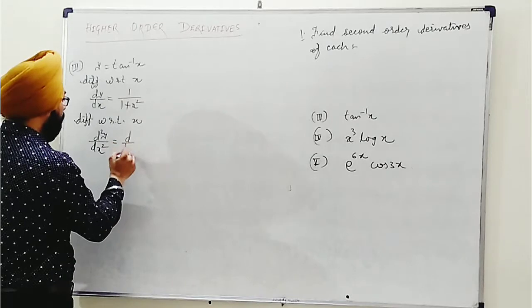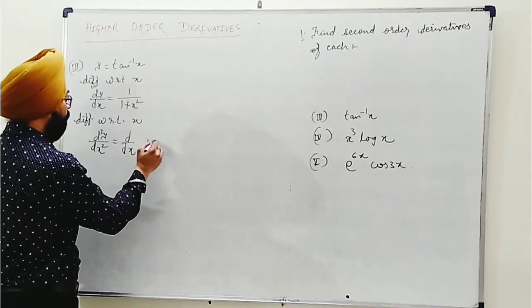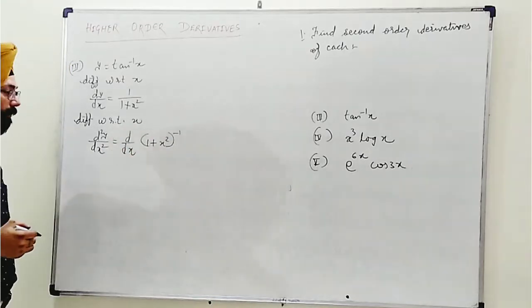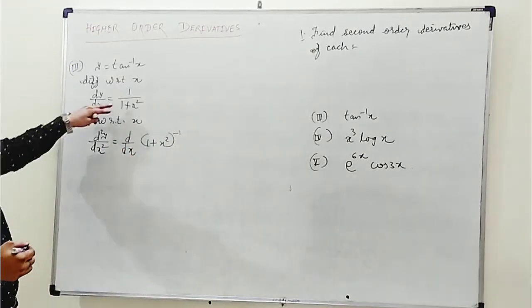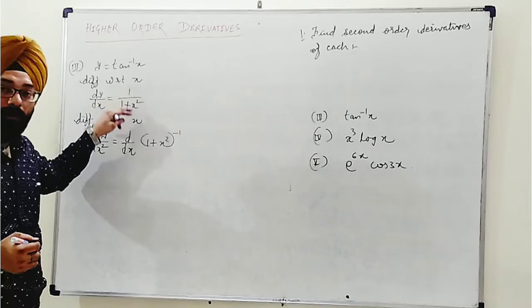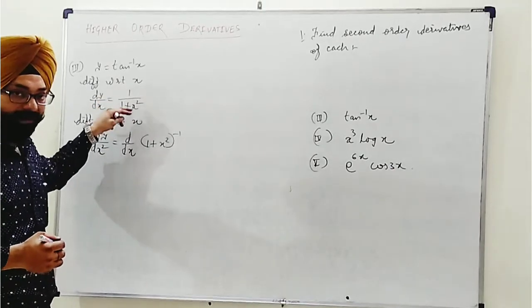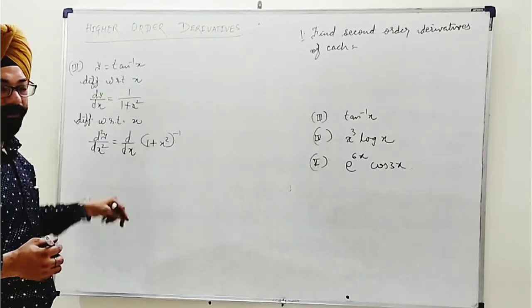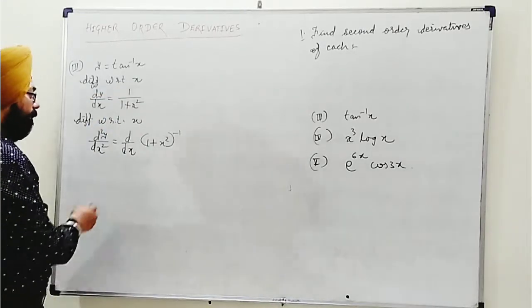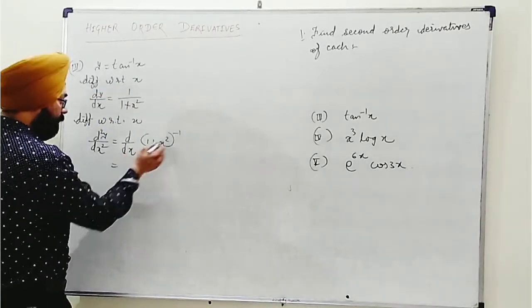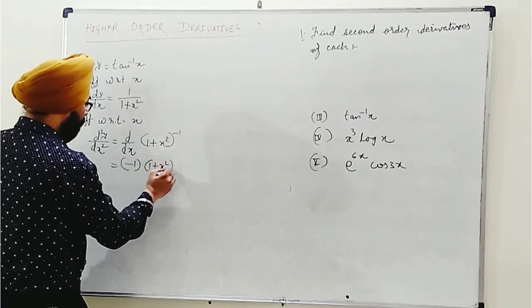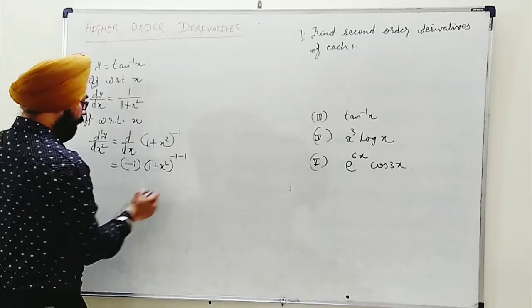If you can do directly, then okay. Otherwise, you can write d by dx of, this can be written as 1 plus x square raised to the power minus 1. First of all, we will do like that. More options are there. You can take it as 1 upon x type, or you can take it in the quotient rule also. You can apply quotient rule, so depends on your choice. Here we go. This minus 1 as being exponent, first of all, will be brought down, and 1 plus x square raised to the power minus 1 here.